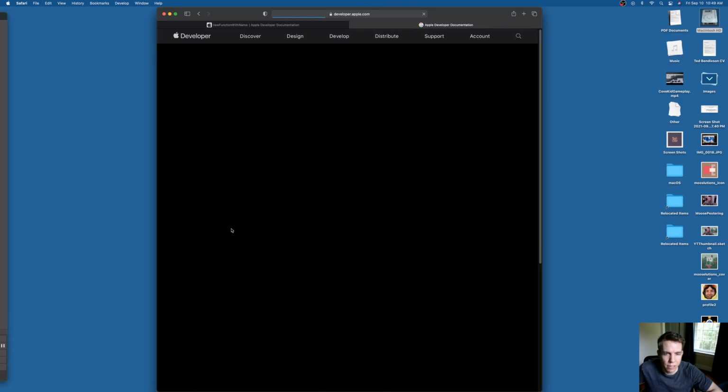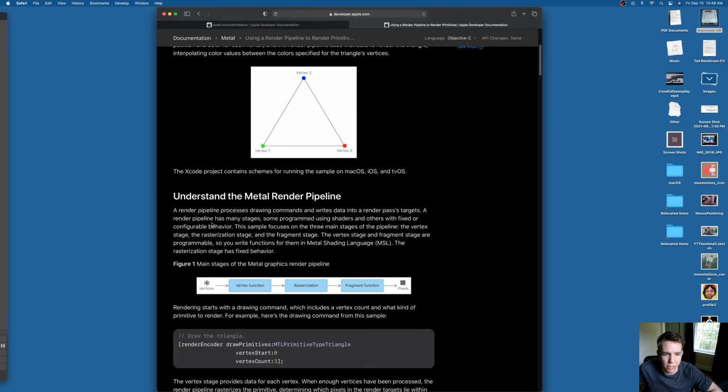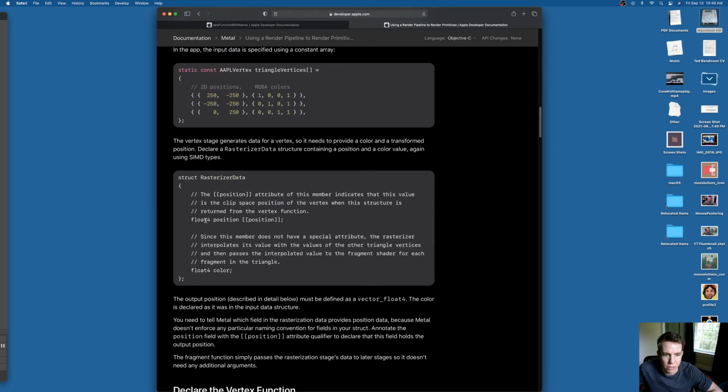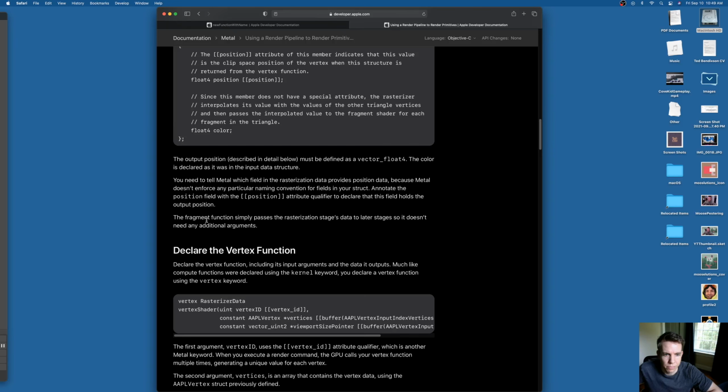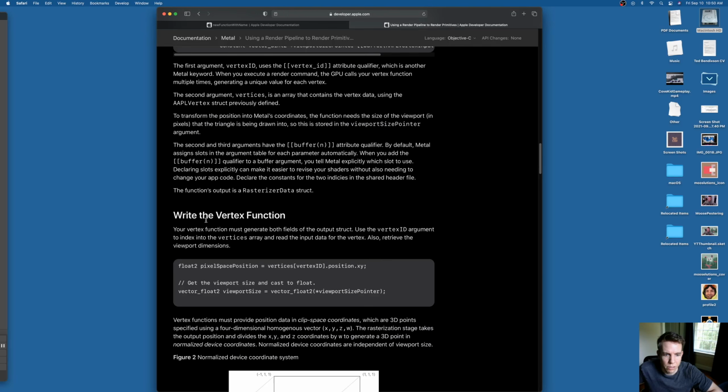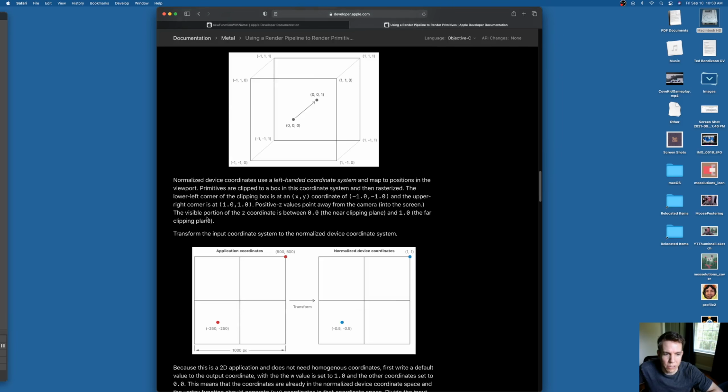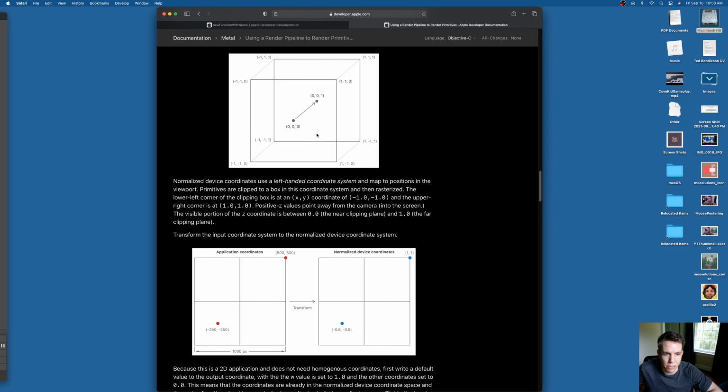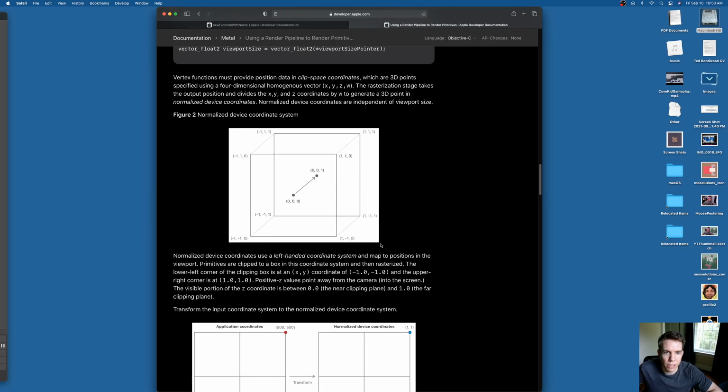There might be some better visuals here. Okay, 2D positions. Right, okay, here's a good example of normalized device coordinates. This cube is an illustration of normalized device coordinates. And what it means is that in terms of the way that the GPU frames things, or the way that Metal frames things,